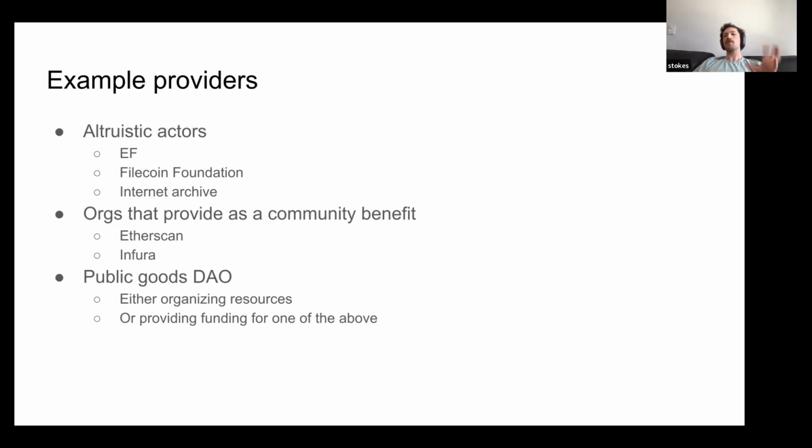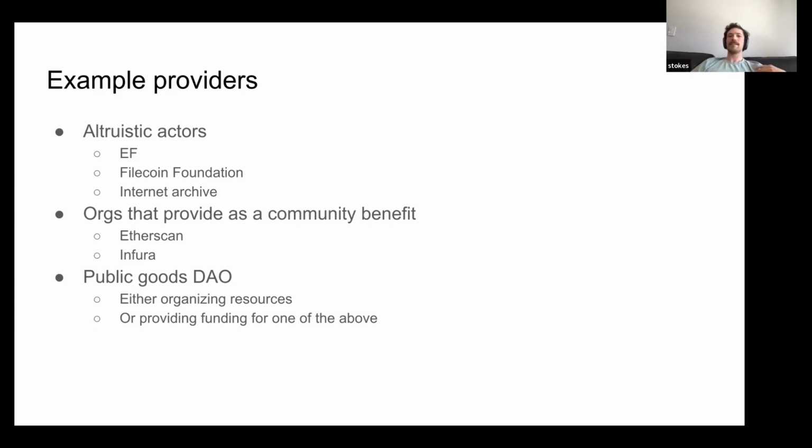A cooler example, I think, is some sort of public goods DAO. You can imagine people actually using the chain to coordinate on preserving its history. That could be pretty cool. I think the idea is more like Lido or Rocket Pool style, where the DAO is maintaining the chain history in a decentralized way, almost like Filecoin. But either way, even if you don't go down that road, you could still just have a DAO raise funding and provide that funding to these other orgs.